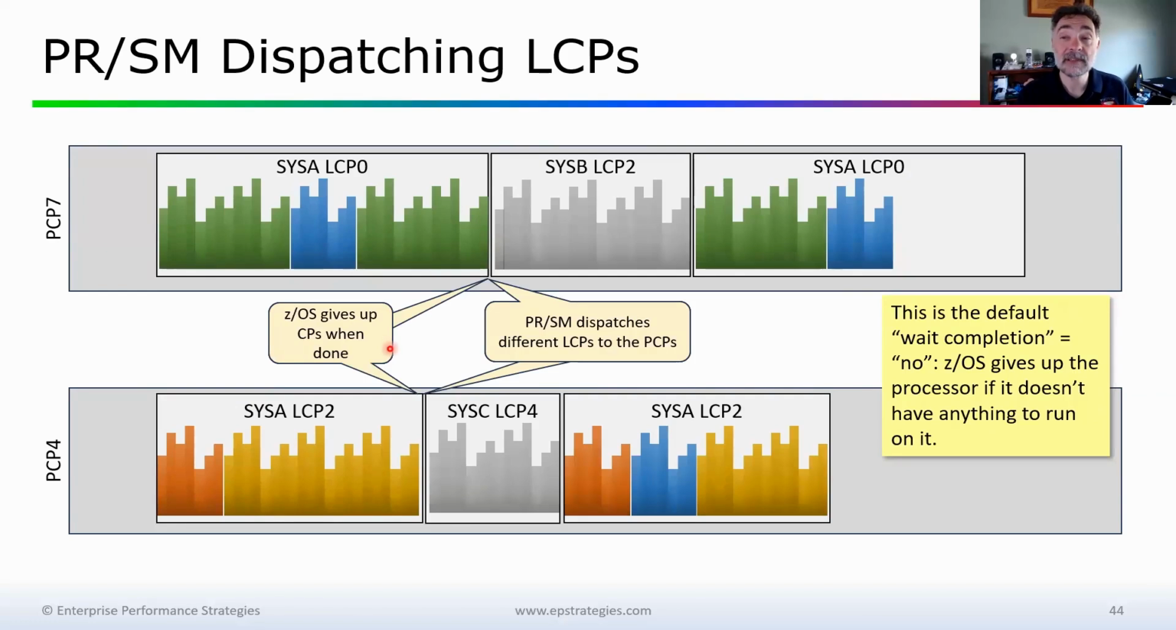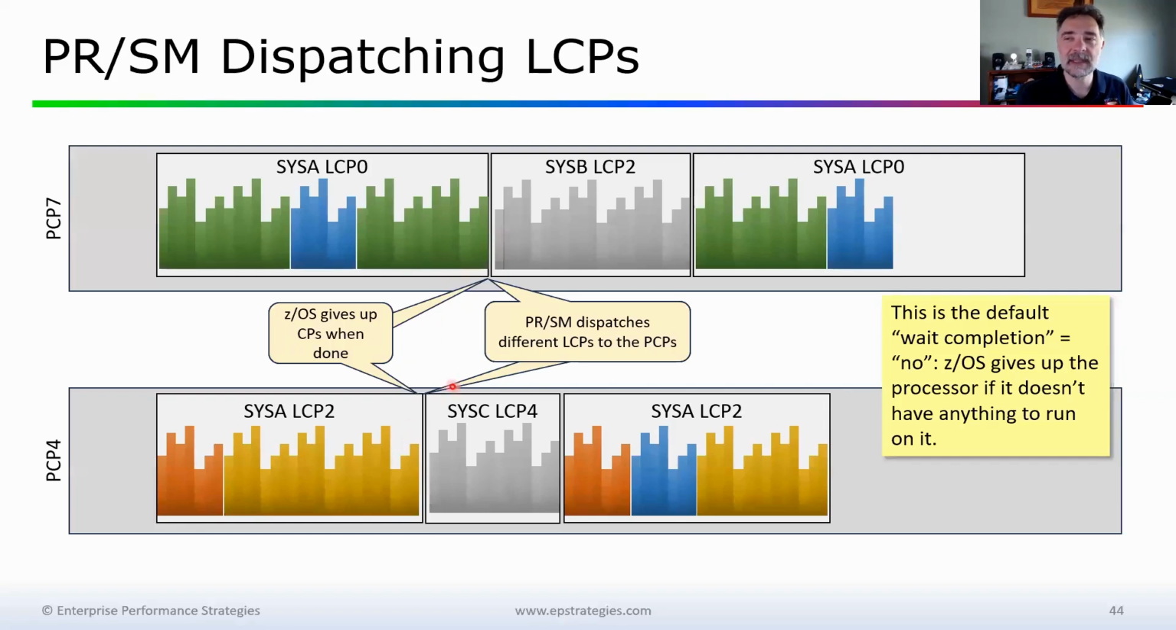Now, from a Prism perspective, ZOS can give up the CPs if it's done using those logical CPs and has no more work to dispatch on that logical CP at the moment. And in that case, Prism can step in and take that logical CP or that physical CP and dispatch a different logical CP from a different LPAR over to that physical CP. Okay, so in this case,